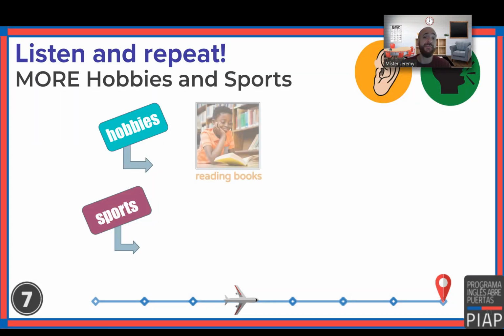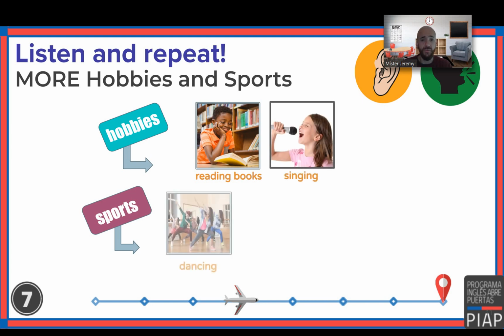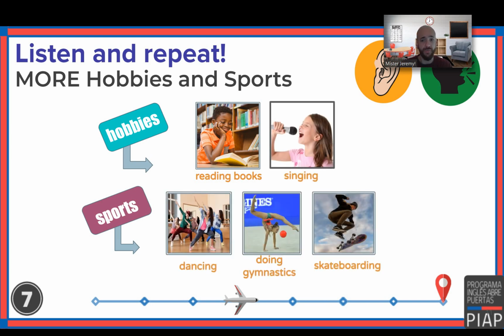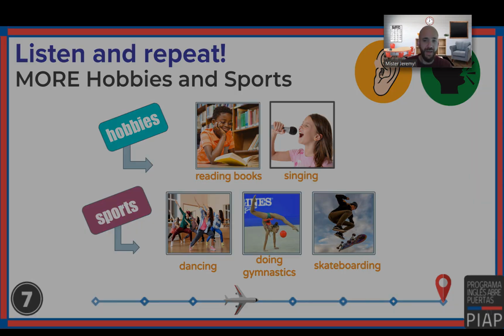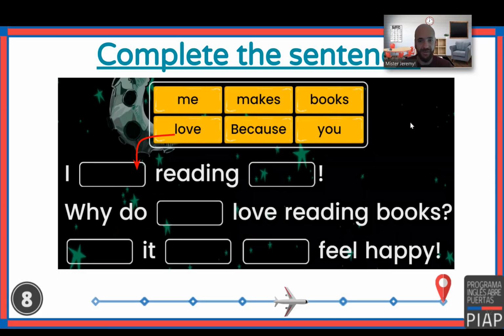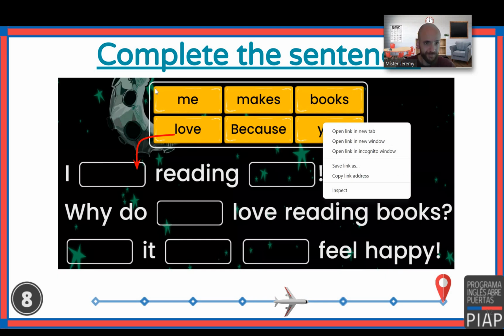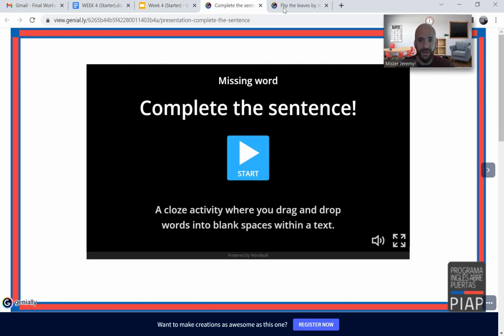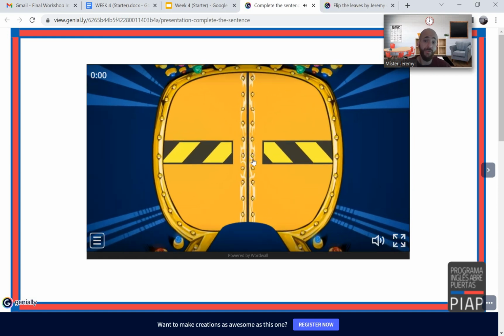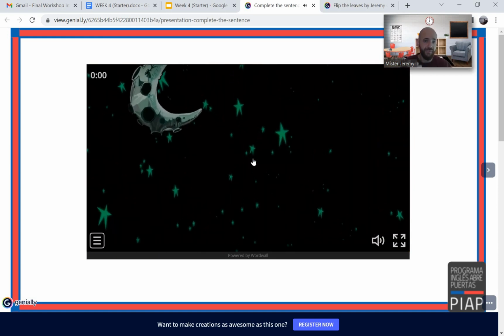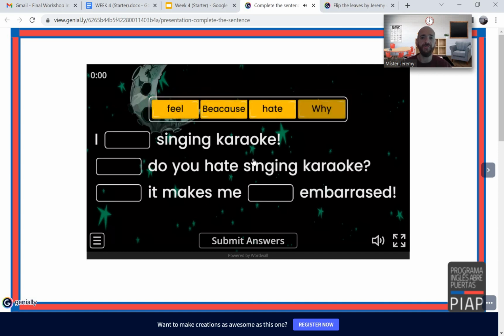Then we're going to teach them 5 new hobbies and sports, 2 hobbies, 3 sports. And this is a regular listen and repeat instance. Once we've done that, we will move on to this activity, complete the sentence. This is linked in here, although I already have it ready to go. So we go to complete the sentence, and this is a moment where it's us with the students, getting them